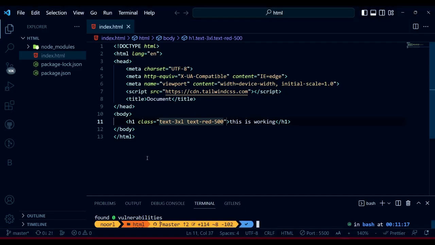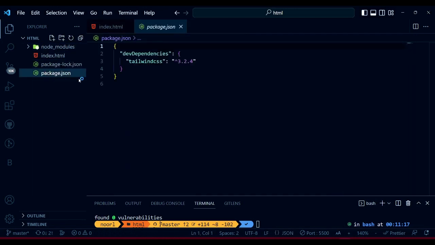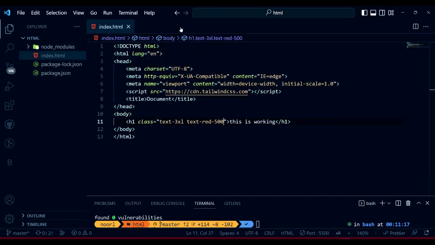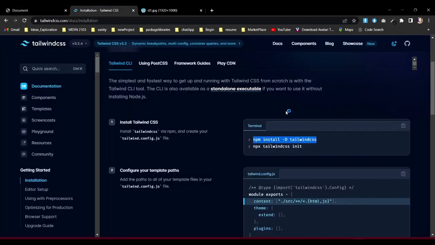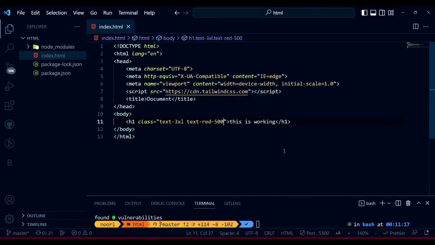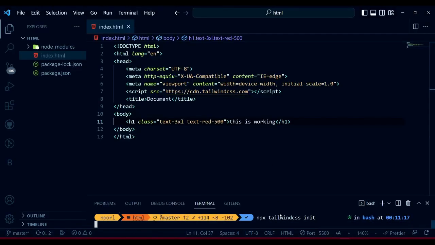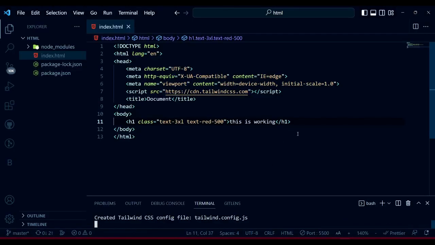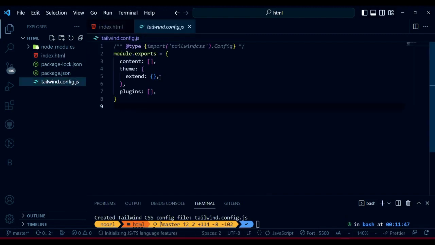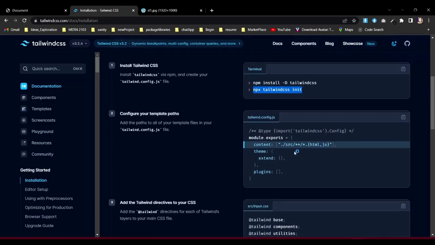So now we initialize that one and you see we got our node_modules and we get, I think, a single dependency which is Tailwind CSS. Now we have that, but it's still not done. What you need to do is run npx tailwindcss init. That will create a tailwind.config.js file. And after that, we need to add that portion